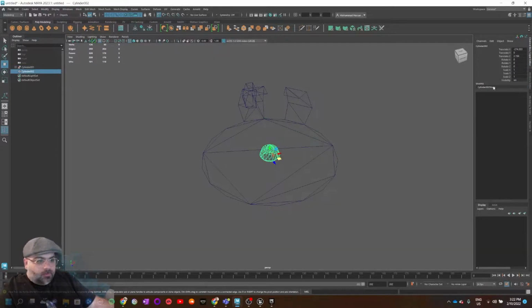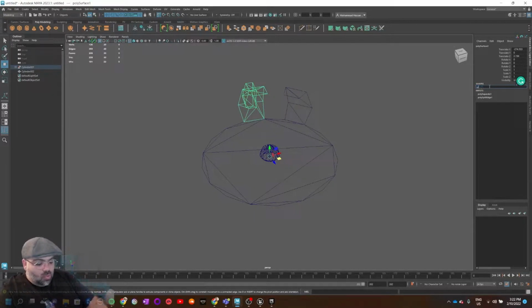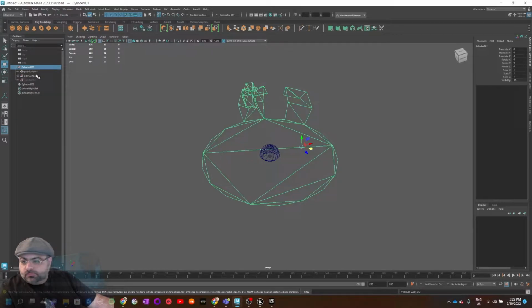Ground, this one altar, wall 2, and wall 1. So if I look underneath here, these